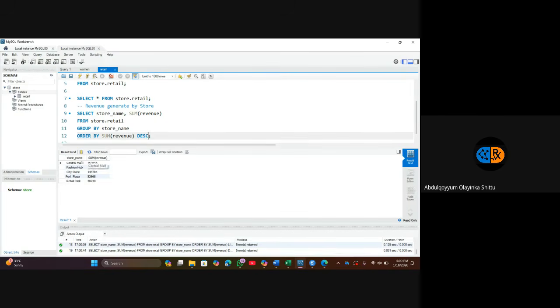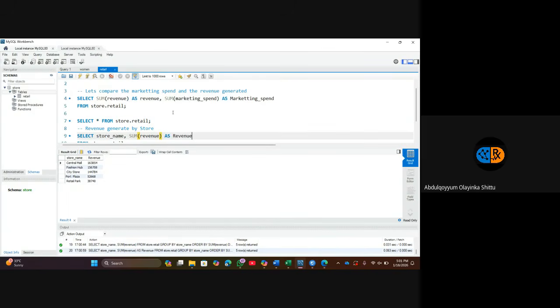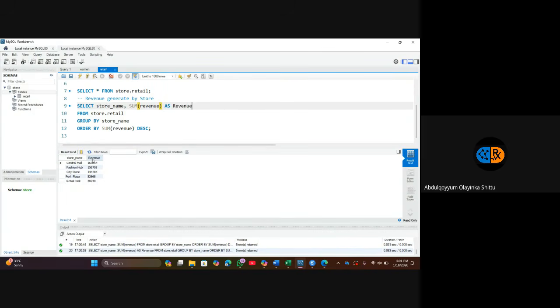So I can see Central Mall is earning. Because this does not look professional enough, this is store name, this is sum of revenue, so I can just use my alias here. So henceforth, I will just start writing my alias. So I think we all know the importance, the significance of alias now. So we have revenue. So we have our Central Mall, 16